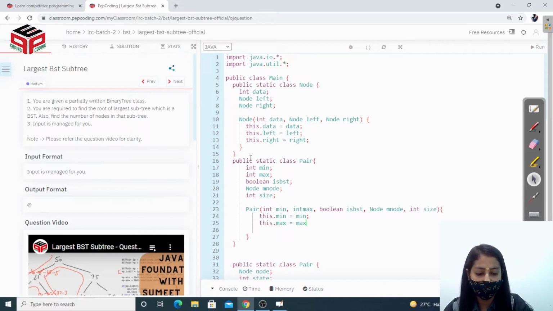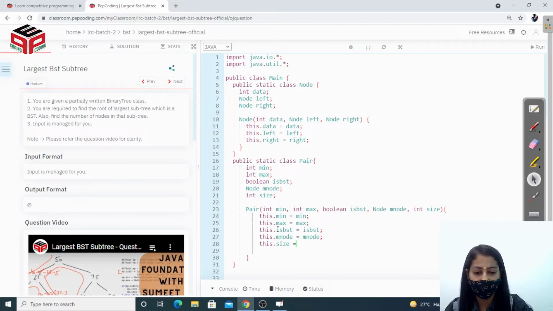Again, I request you to please watch the previous video for understanding how to find whether a particular tree is BST or not. Right?